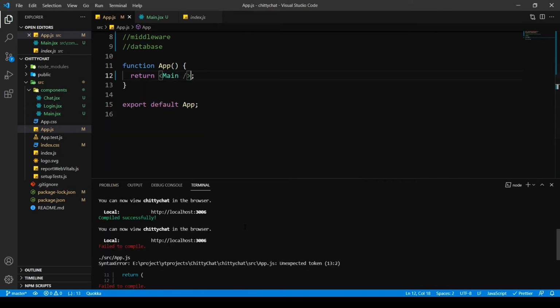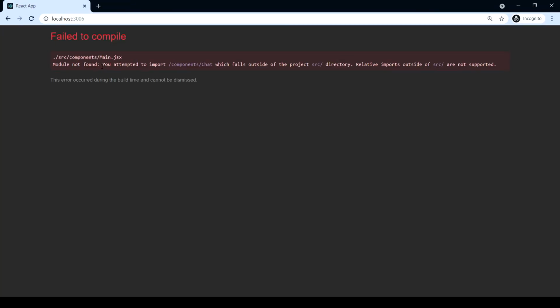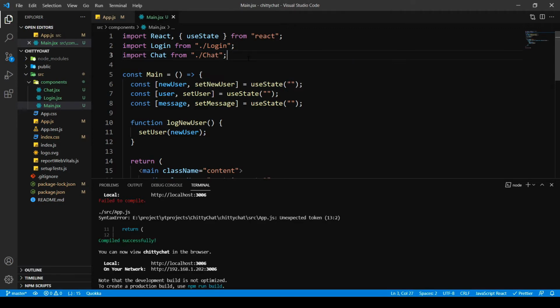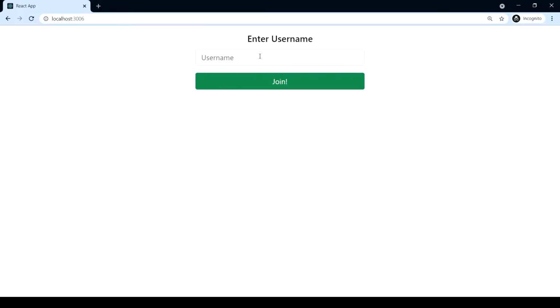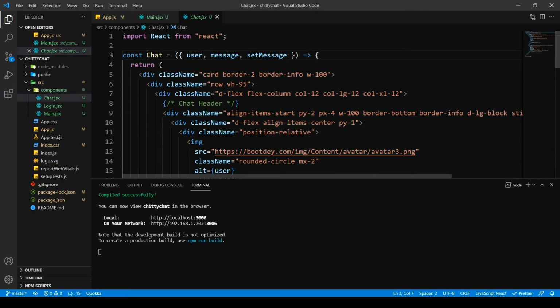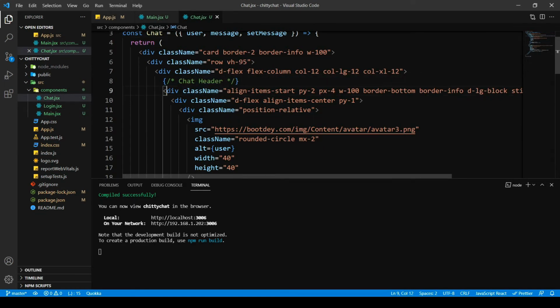We have an error here, saying that we need to fix our import. So let's do that. I'm gonna come in main.jsx. We're just gonna say this is inside the components folder. There we go. That should do it. Then I'm going to go inside our chat component and